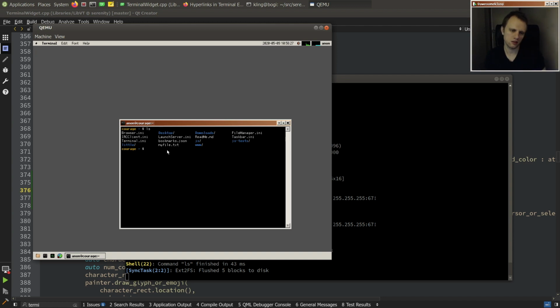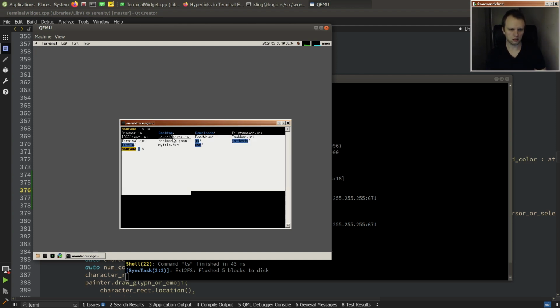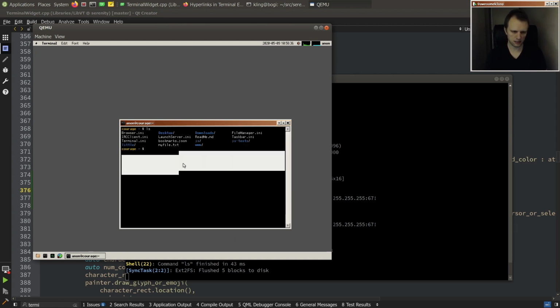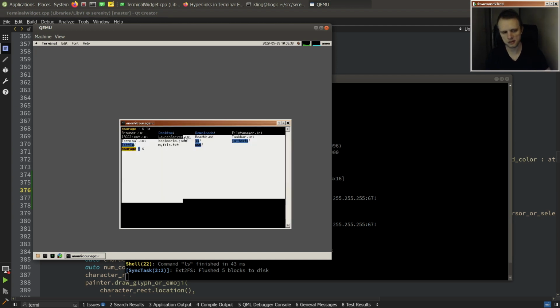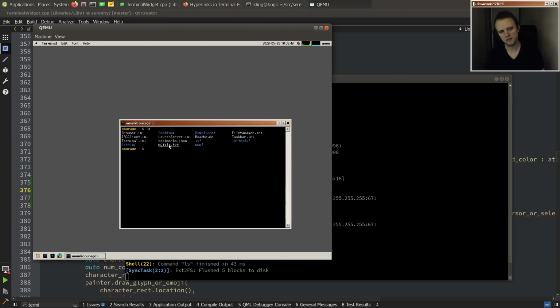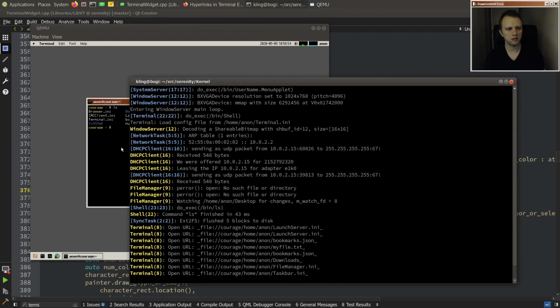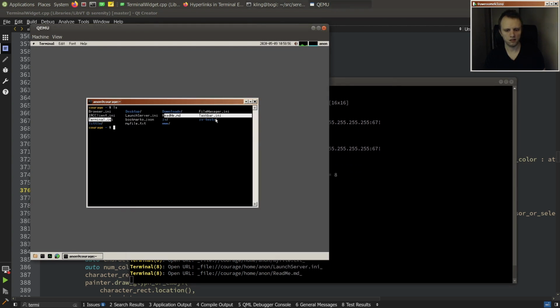I almost feel like they should be single click to activate, but at the same time, it would be kind of weird because I have a habit to do this and that sometimes in my terminal, and it would be weird if just left clicking somewhere in the terminal would open something. So control click does feel like a decent enough compromise. But I don't know, maybe we'll reevaluate that. But now we can actually control click these fellas and